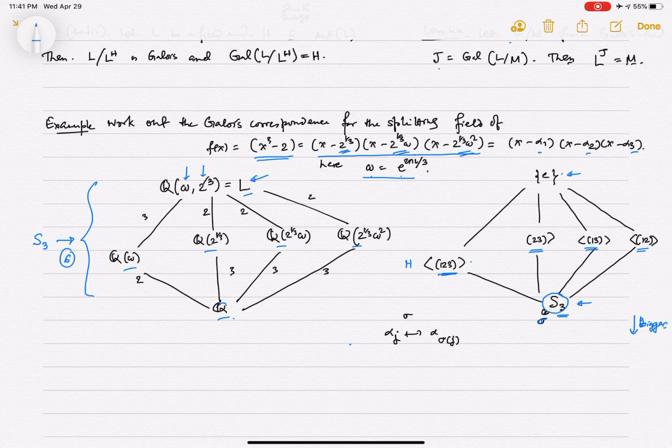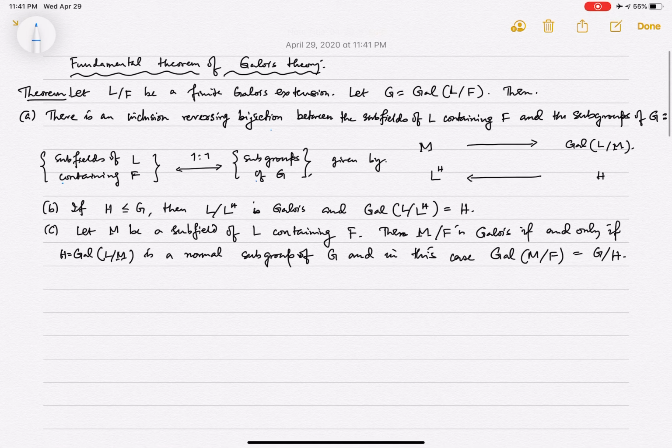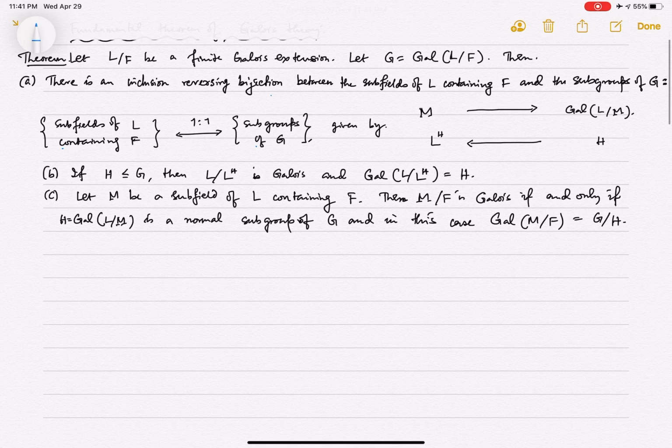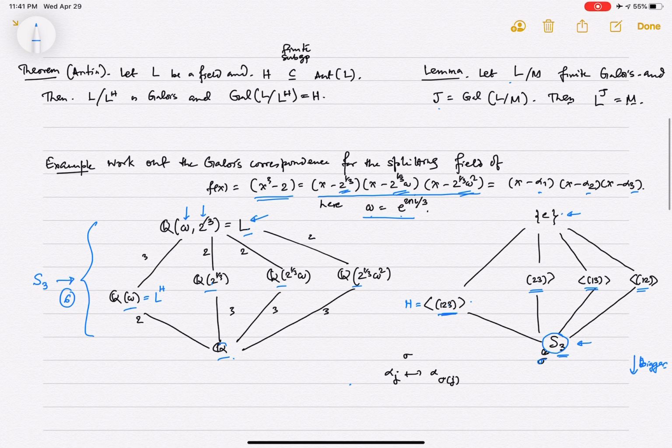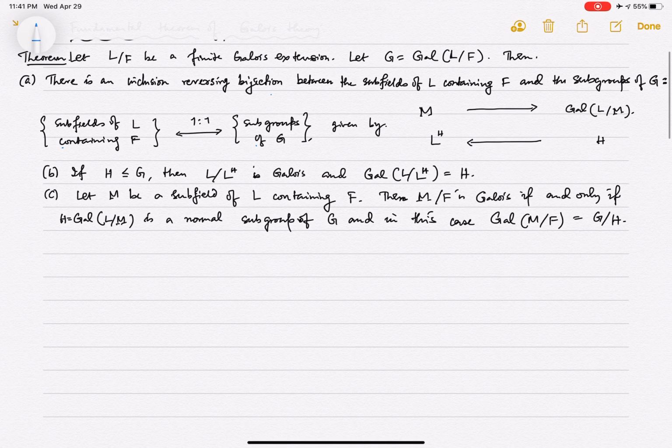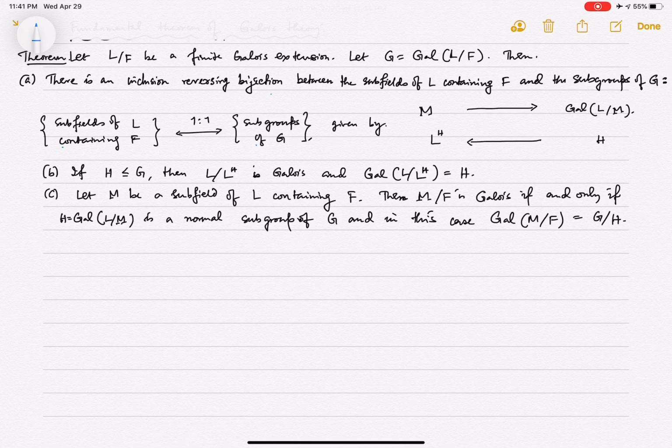If you give me a subgroup, say H, I can look at its fixed field, and that would give me the corresponding subfield, etc. So we'll revisit this again, but let's see how this works in general. I want to explain how you get this correspondence between the left-hand side picture and the right-hand side picture. So take some finite Galois extension L over F